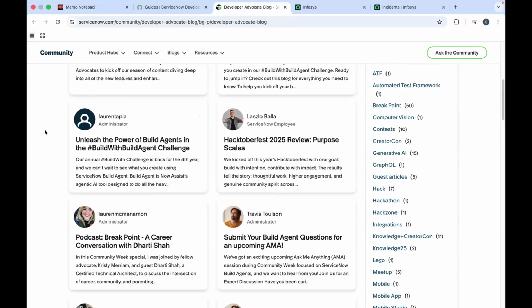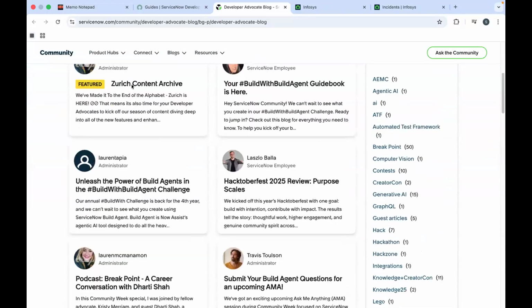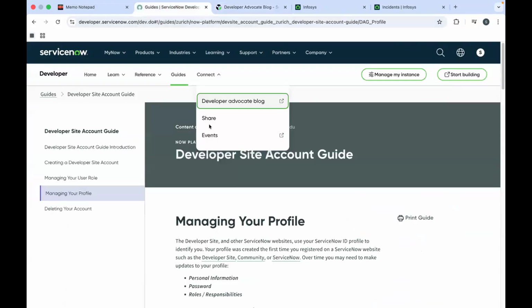The same way we have the ServiceNow community, where developer advocates release their blogs every time they find new things in ServiceNow. Okay, and also you can see this share option